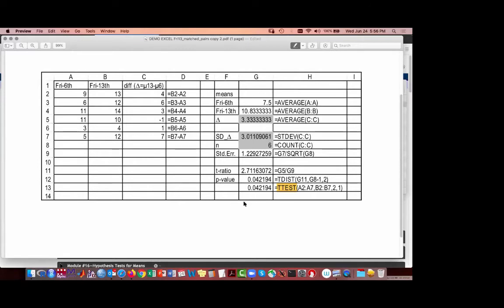And in this function, we have to give it 4 things. I'm going to highlight each of these 4 things in turn. The first thing we have is the first column of data. And then we have the second column of data.